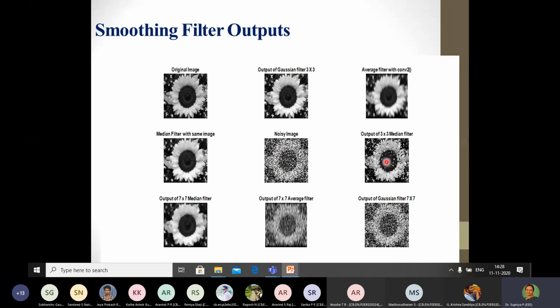When you had applied a 3 by 3 mask, you could still see a small amount of noise dots still there. So maybe we could increase it. We may even try it out for 5 by 5. Sometimes 5 by 5 may be giving a better result than 7 by 7. So this conclusion could be drawn, as we have been discussing now, that salt and pepper noise could be best removed by a median filter rather than the average filter or the weighted average, or what you call the Gaussian filter. Right? Maybe we will also be implementing this and verifying for ourselves.